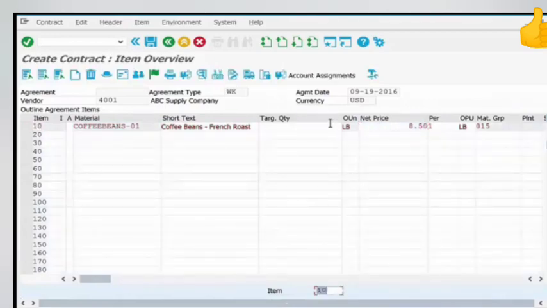Now remember, it's not asking you for the quantity because it doesn't care. You could procure as much quantity as you want, and the price is going to be $8.50 because the overall commitment is for buying $500,000 worth of coffee, flour, sugar, anything that you have negotiated with the vendor. Save it,